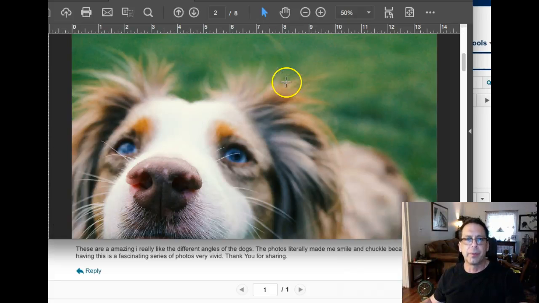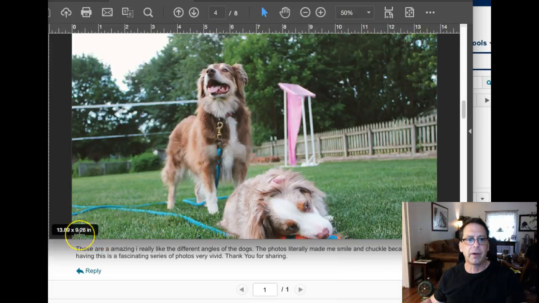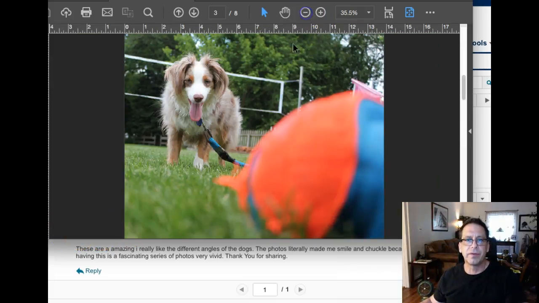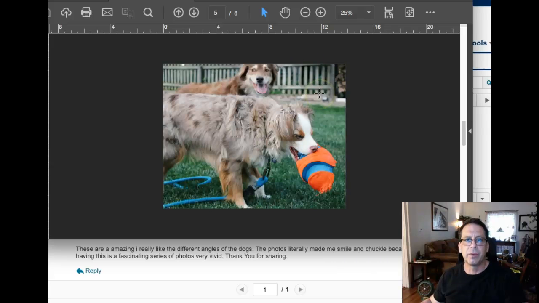And then as we go through the presentation, we see this one is 13.7. They're all 13.89, but they're varying heights. So the widths are all the same, but the heights are all different. One of the reasons I bring that up is because I want to go through the presentation and see that